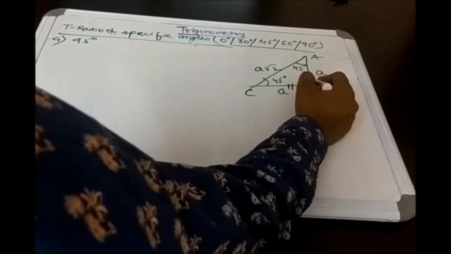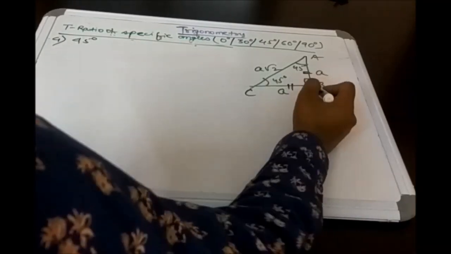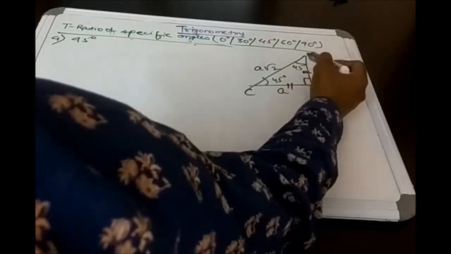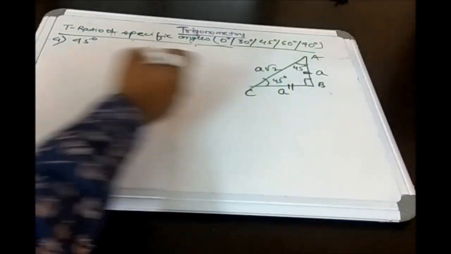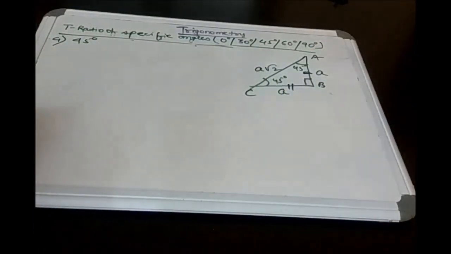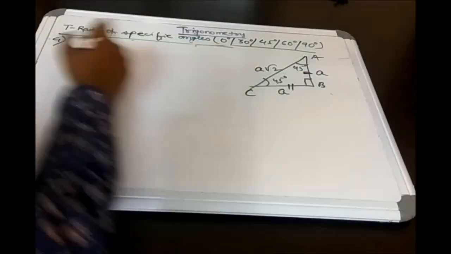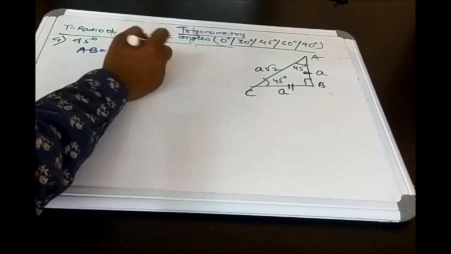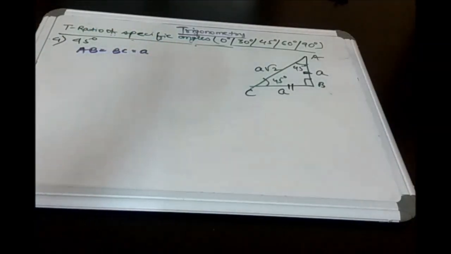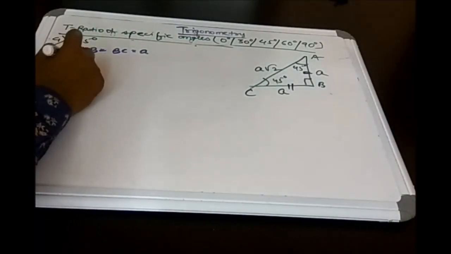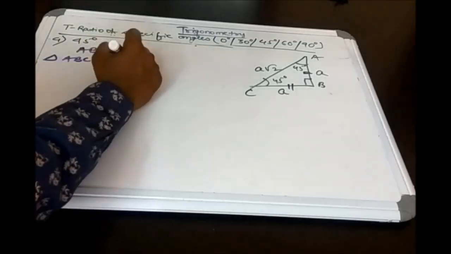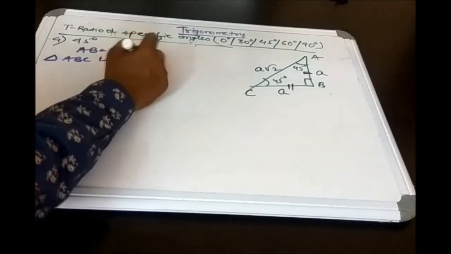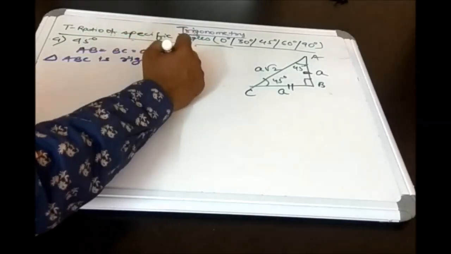Therefore, in right angled triangle ABC, angle B is 90 degrees. So angle A and angle C will be 45 degrees. Now since AB is equal to BC, which is equal to A, and since the triangle ABC is right angled,